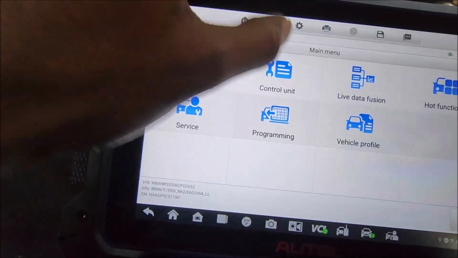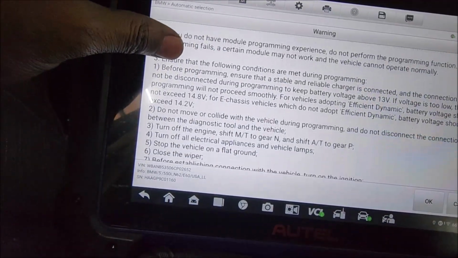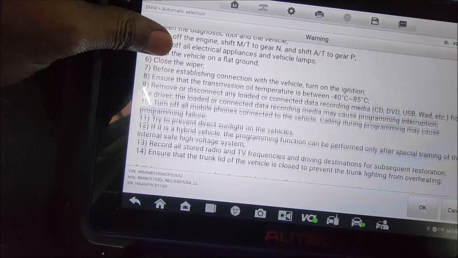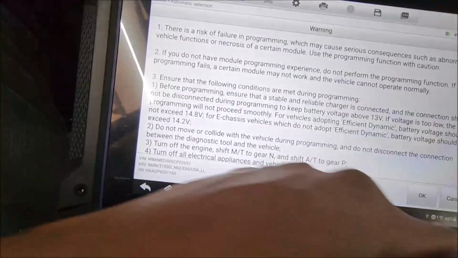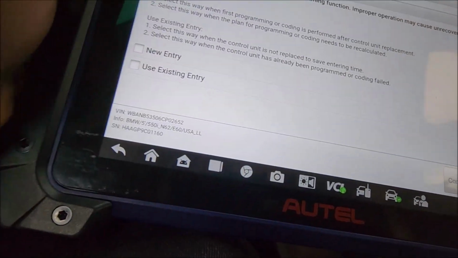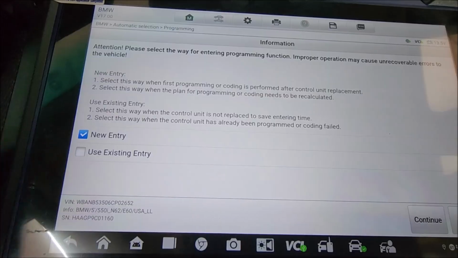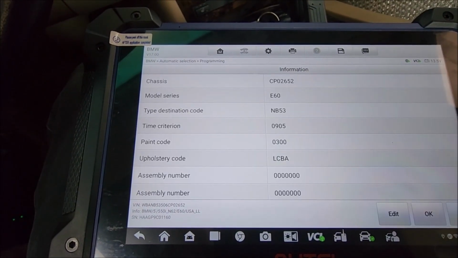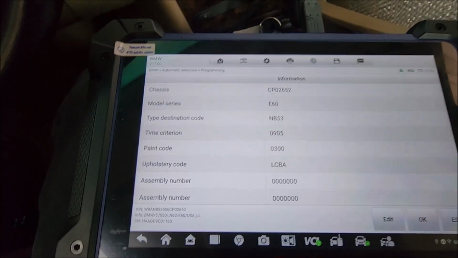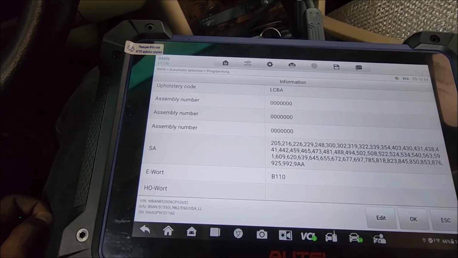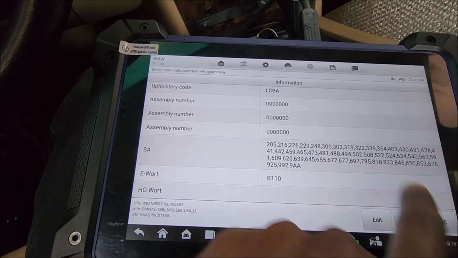So on here we go to programming, make sure our maintainer is above 13 volts but less than 14 if possible. Hit OK, and since this is our first time doing that, we go for new entry, hit OK, and this is the information that it has populated so far. We hit OK,